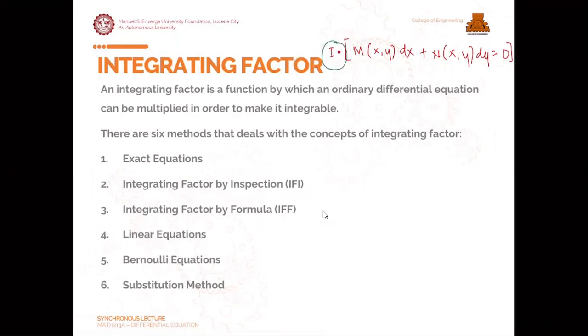Okay? So, there are 6 methods in total sa paghanap ng integrating factor. Okay? So, di ba yung previous lesson natin ng midterms, meron tayong 3 methods na pinag-usapan. Yung separation of variables, homogeneous equation, tsaka yung linear equation by two coefficients. So, kapag yung differential equation natin is not homogeneous, so pag chinek natin yung homogeneity niya, tapos